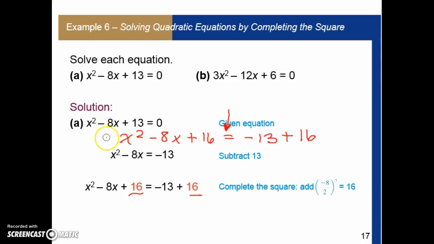Take half of the coefficient, make sure you keep up with the sign, square it, and add that to both sides. So let's continue to look here at the solution,